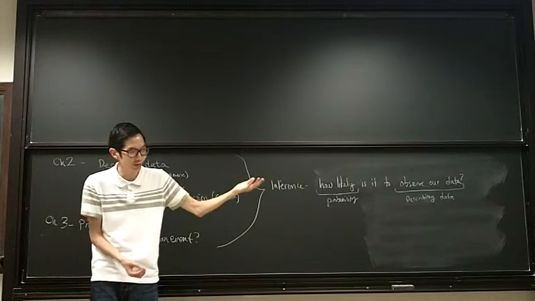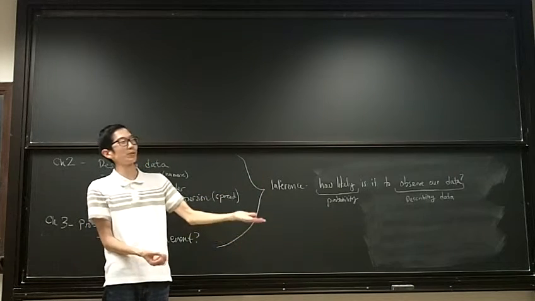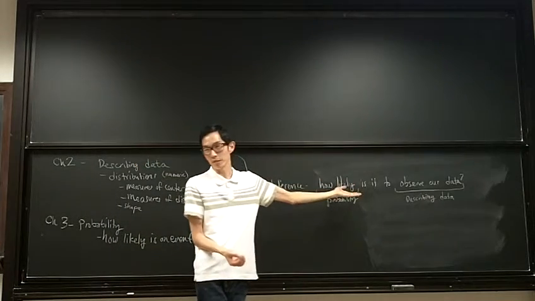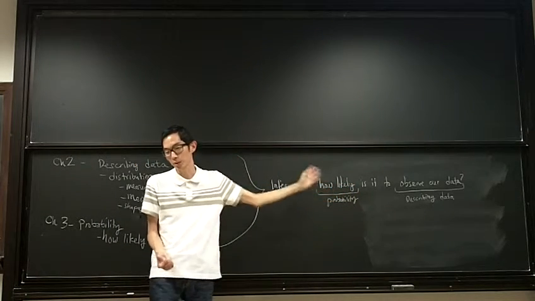But if somebody says they observed 70 heads, we'd say, oh, that's unusual. With inference, we can say, how likely is it to observe 70 heads? Well, that's part of the data, but